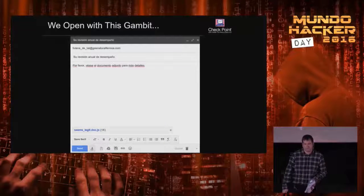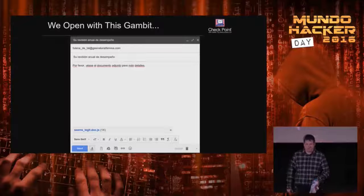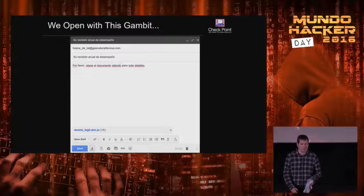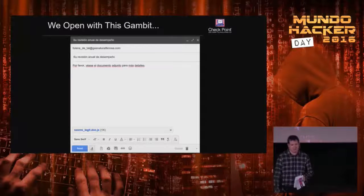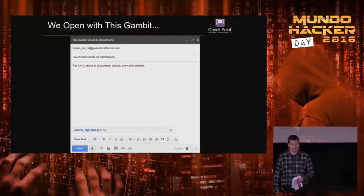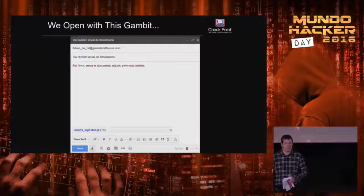So first we're going to have to establish some kind of foothold in order to advance, in order to make our attack succeed. On the previous talk you heard about phishing and fraudulent emails and how common this is. So suppose I send an email to one of the employees. I have some names and email addresses, remember. And I send them a quick email asking them to look into the attachment because it has details about their annual performance review. Now, as you can see, the attachment is a